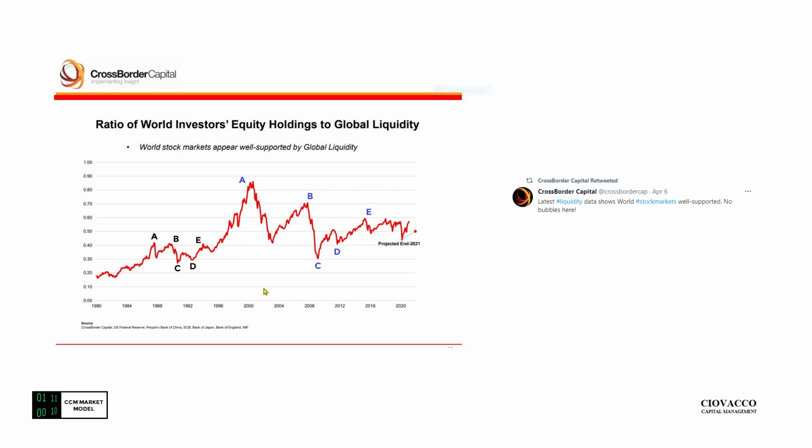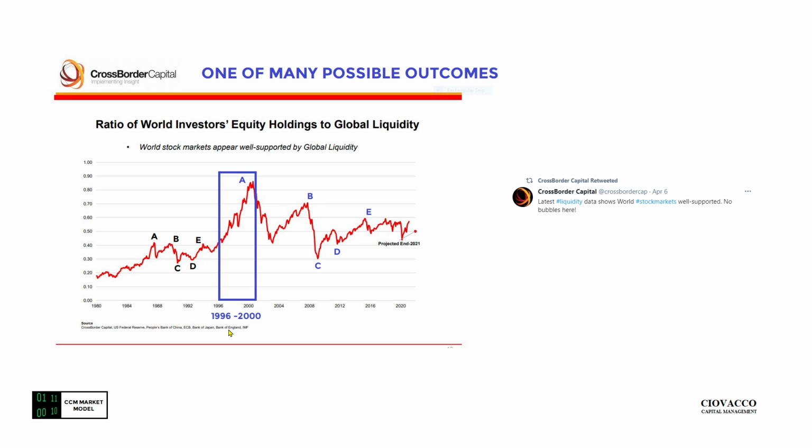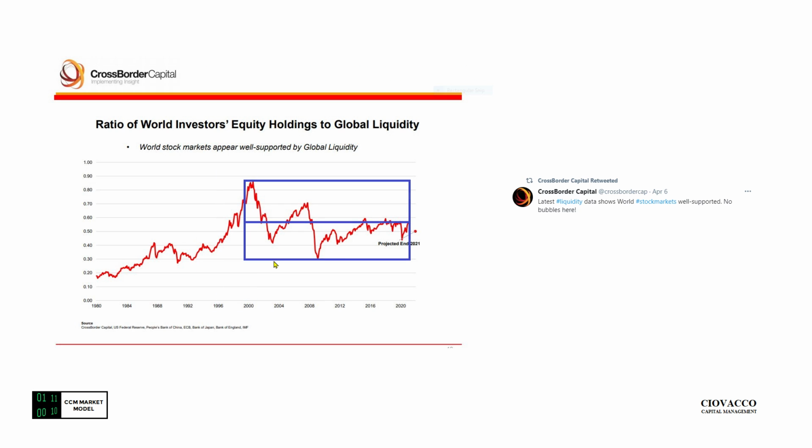It's also a possibility that this move here, A, B, C, D, E, is a larger fractal of this smaller move here. After this period of consolidation, the ratio did expand significantly, but really good things happened in the stock market between 1996 and the spring of 2000. We put all of this, the fractal, in the more interesting category relative to useful. This is the key takeaway on this topic.